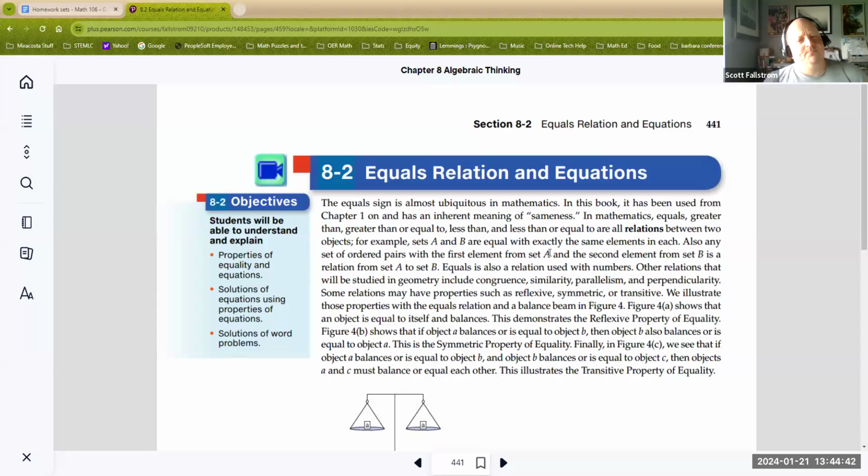Hello, students. We are into section 8.2, talking about what are known as equals, relation, and equations. And I think it's probably interesting to talk about the idea of a relation before we get into these specific ones. So there are many different relationships